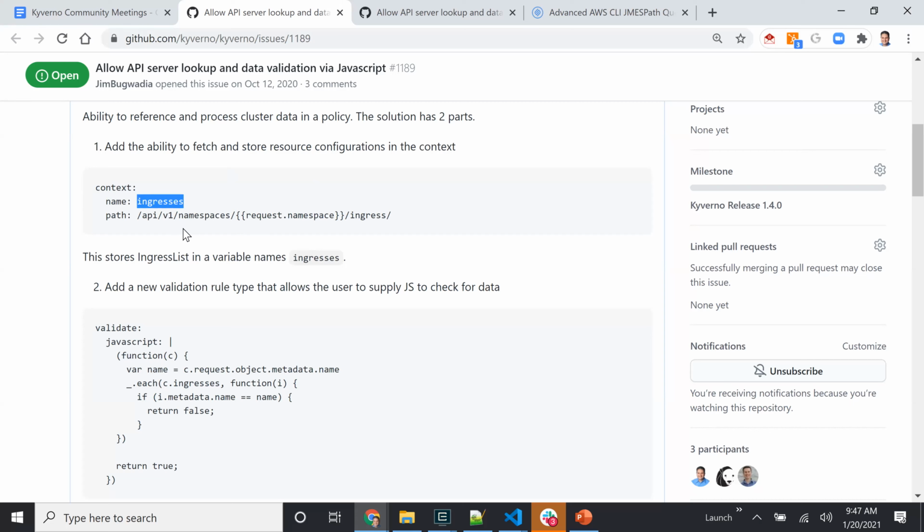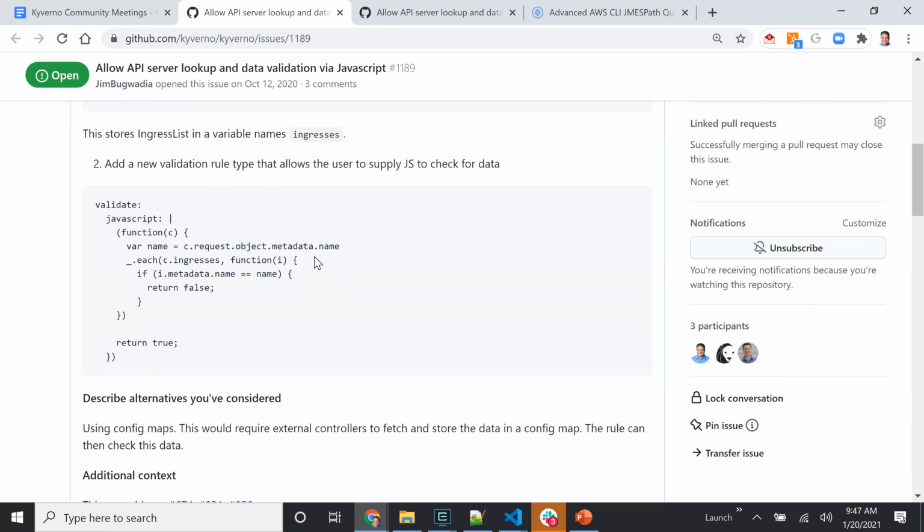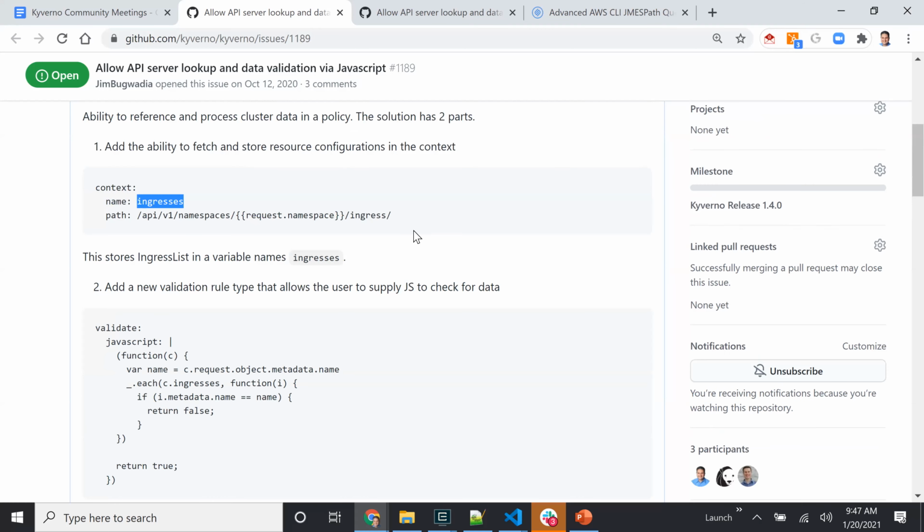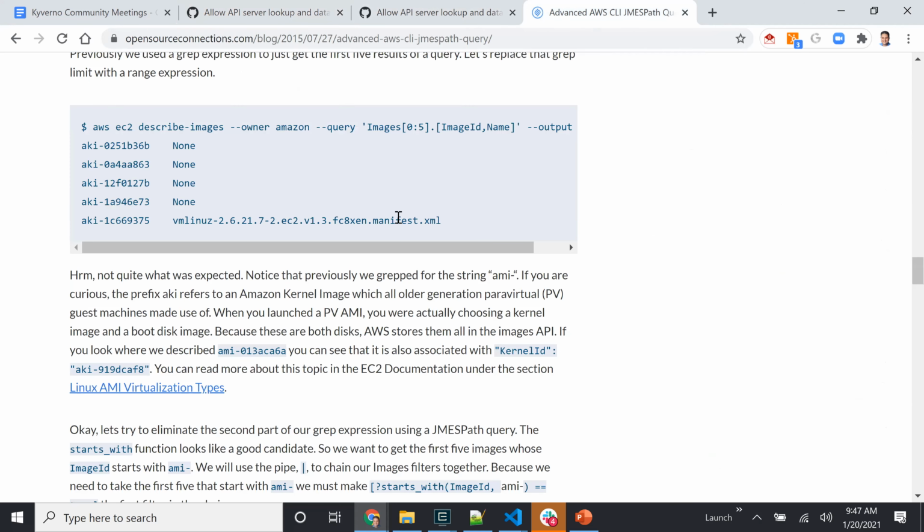Now, this by itself is interesting, but I think where this gets somewhat more exciting is what can I do with the data once I get that back? And this proposal was to say, okay, what if we allow some JavaScript? But the other option, which I've been exploring and I'm also fairly excited about now, is what you can do with JMESPath, right? Because today we're mostly doing lookups on certain data, but I was reading through some articles